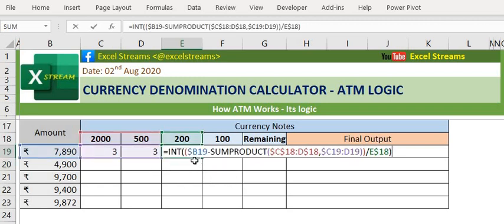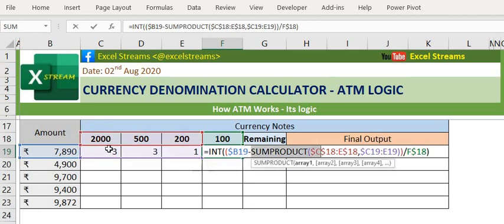Okay, let's understand it once again. This is our amount, which is this. Then we'll subtract SUMPRODUCT, which is multiplication of this into this into this, and this into this. So over here you will get a result.